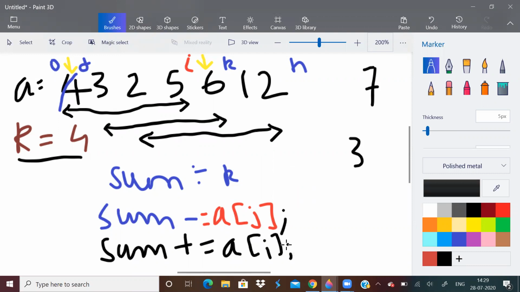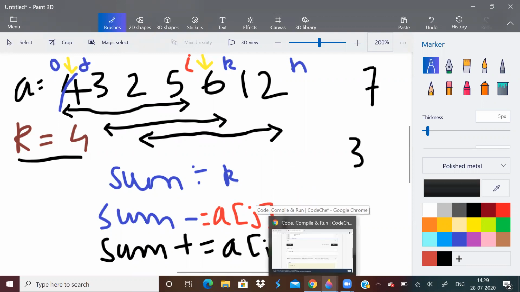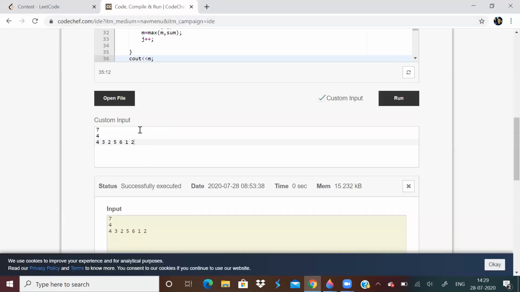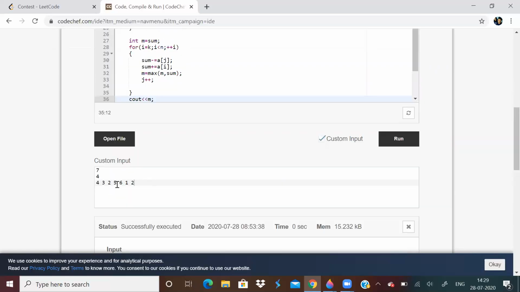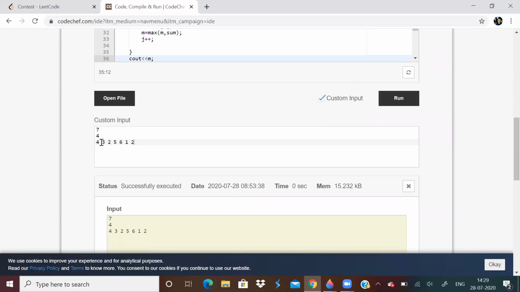If they say something like that, then you can use this technique. So we are getting the answer as 16. And you can see, yes, 16 is correct because you can see this subarray of size 4, the sum of all elements is 16. You can compare, there is no other subarray.